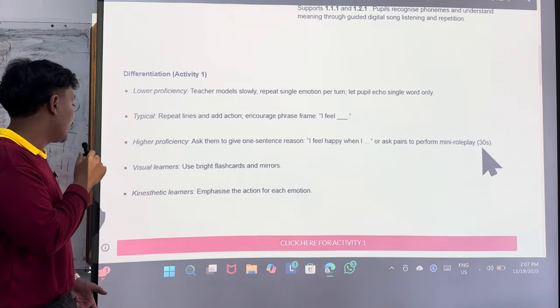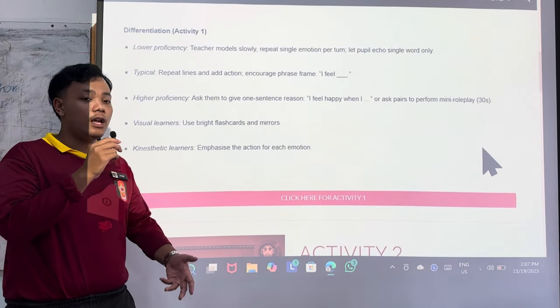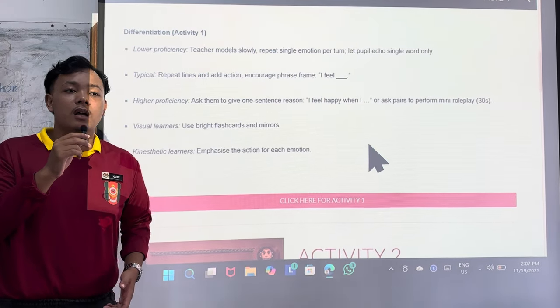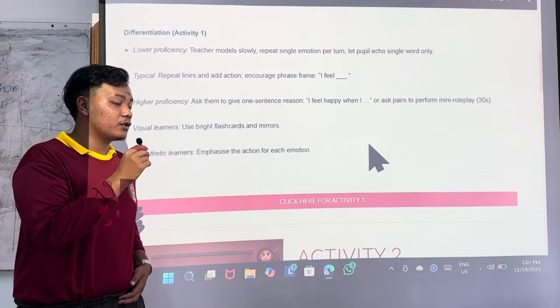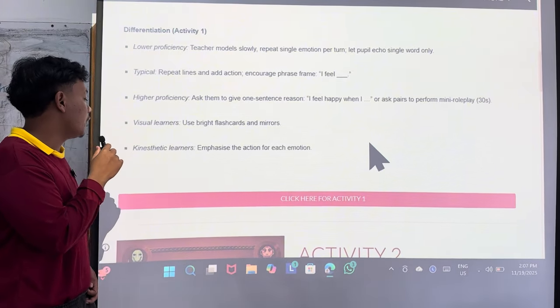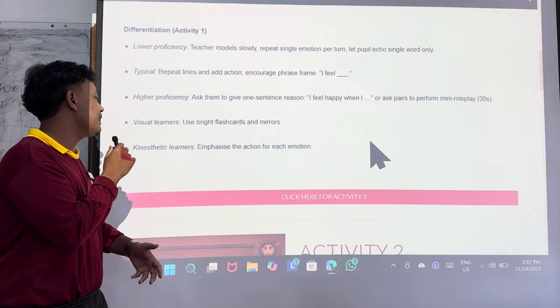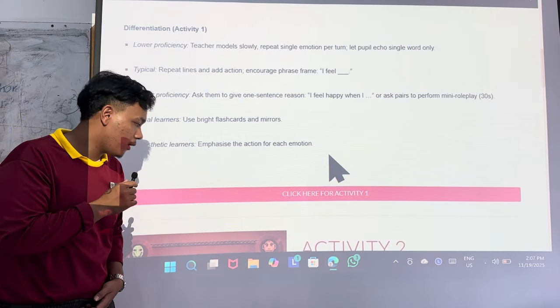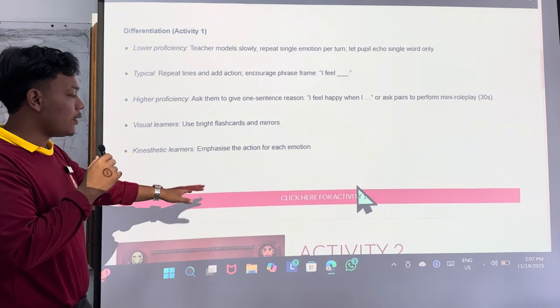It will be enough. And then for the visual learners, the teacher uses bright flashcards and mirrors to help the students understand and engage in the classroom. For kinesthetic learners, it emphasizes the action for each emotion. So for activity two,